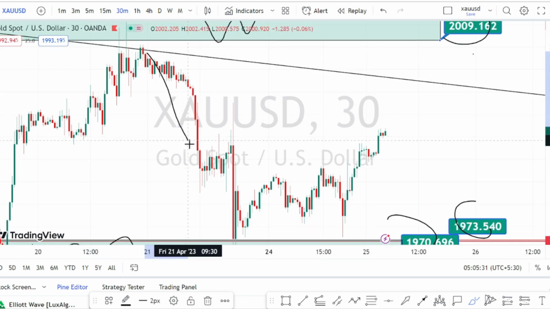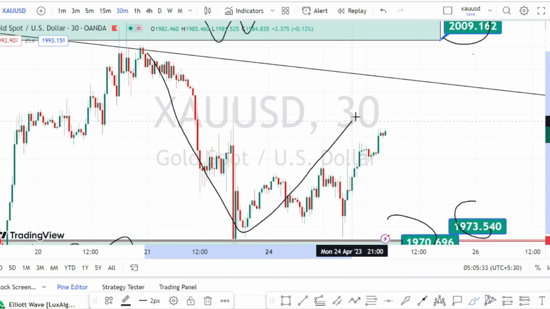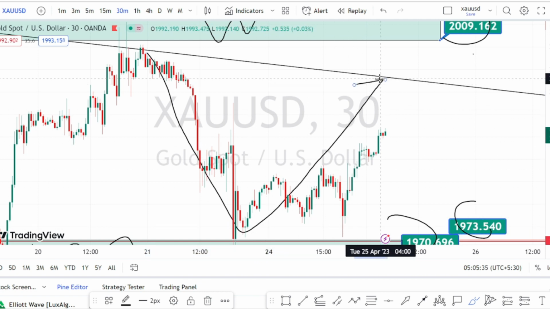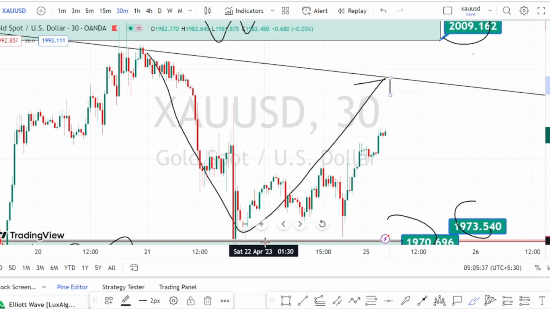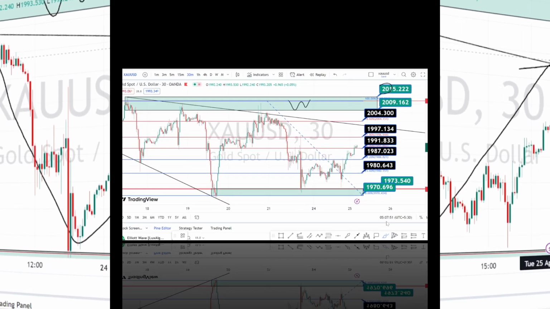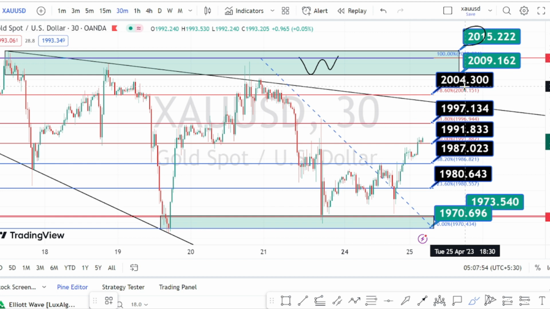And the overall trend of the price action is still in a bearish trend. Within this bearish trend, we are noticing the price action trending on the bullish side retracement. So the values within the black color boxes are the resistance and support levels for current price action in 30 minutes time frame. And the price action is currently trading between the support level of 1991 and resistance level of